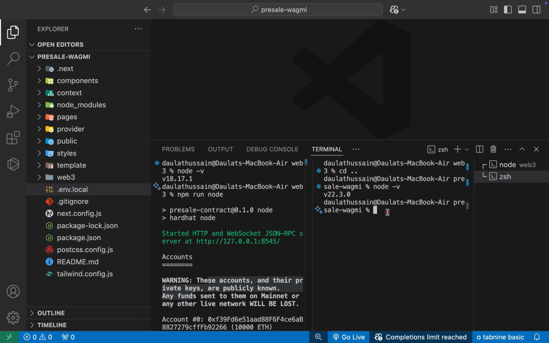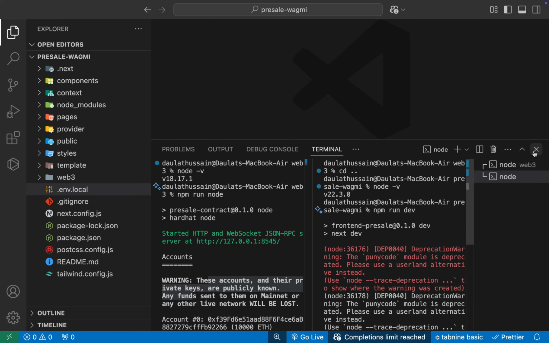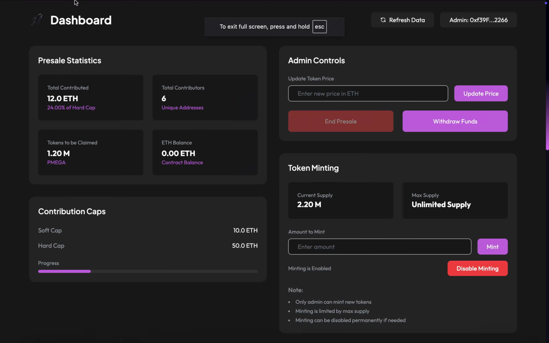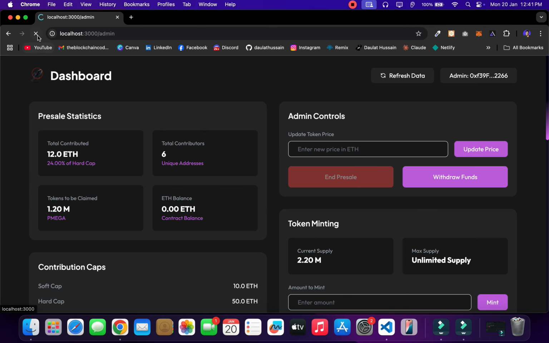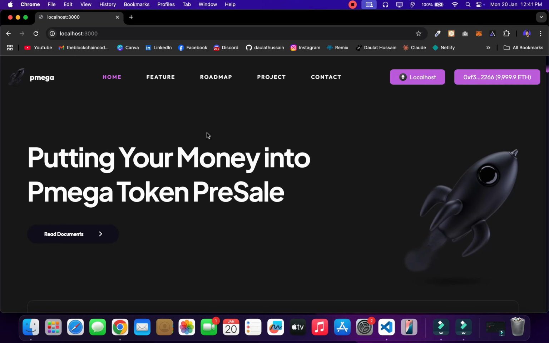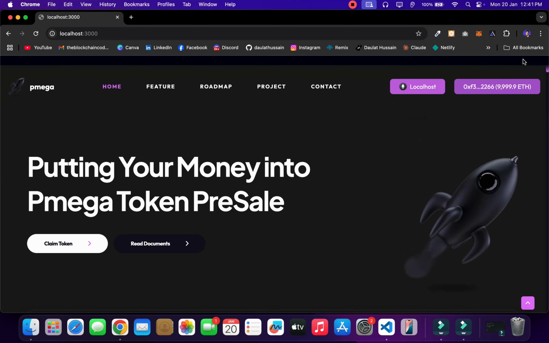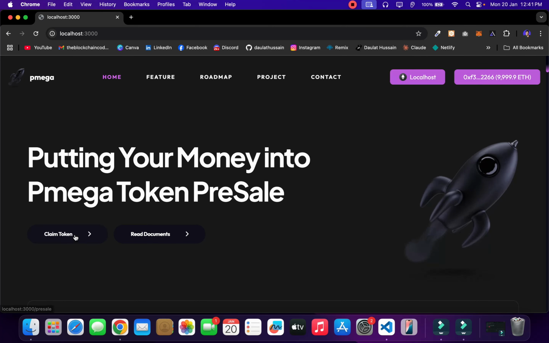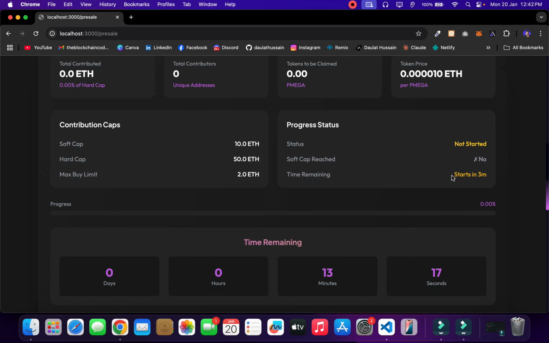Now I can run the front end. I can simply type npm run dev, and it will start the front end. So our application is running fine. Now I can come back to my browser, and I can simply minimize this one. Can go back to the home page, and just a moment, here our application got started successfully. I can simply come back here and I can show you all the details. You can simply click here. You will come back to the home page, and right now you can see that our presale is not started